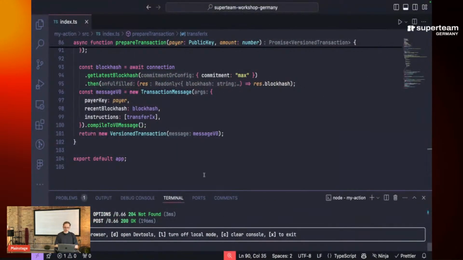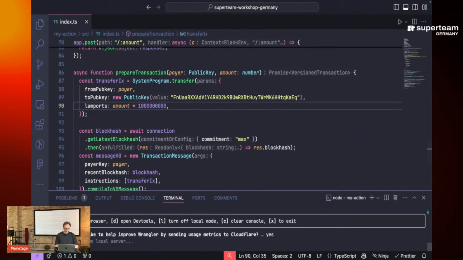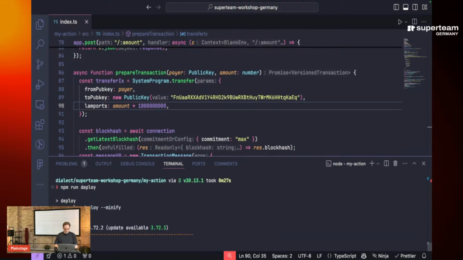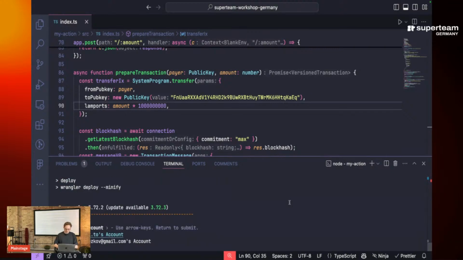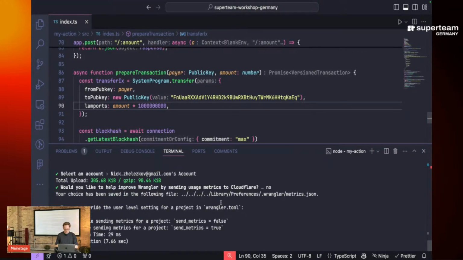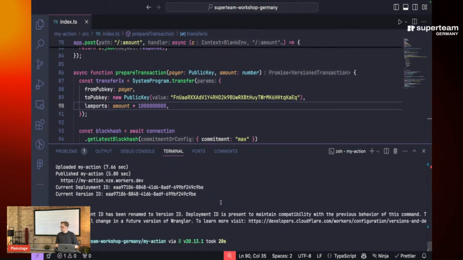Yeah. And assuming you built your own action, what are the next steps? The next steps, you obviously want to deploy it so you could share it with everyone on the internet. And with this template, it's super quick to do. You can just run npm run deploy. I'll deploy it to my personal account. It takes a bit of time. So yeah, and I get a public URL,